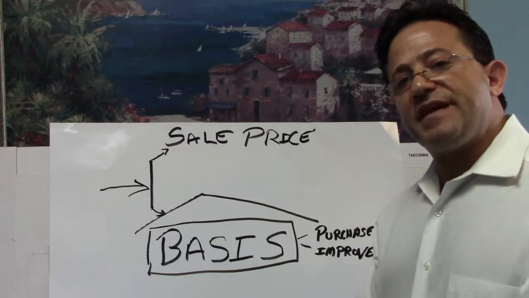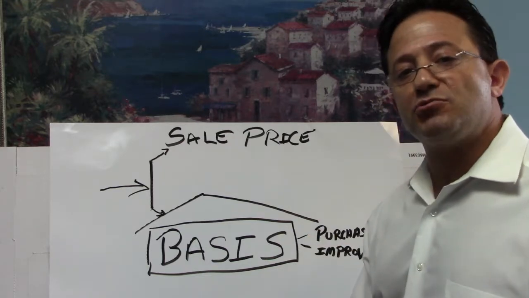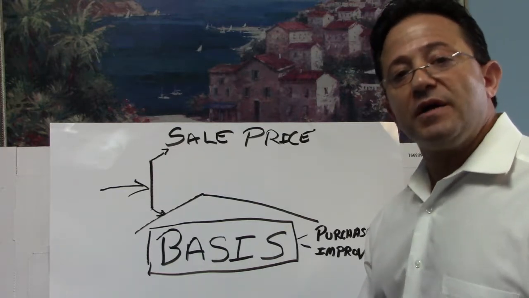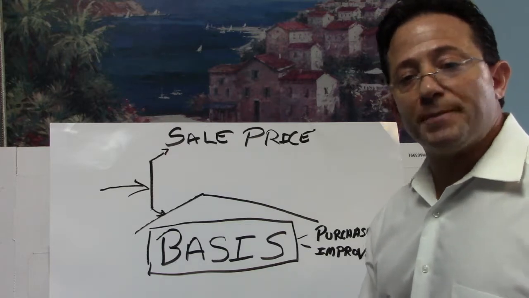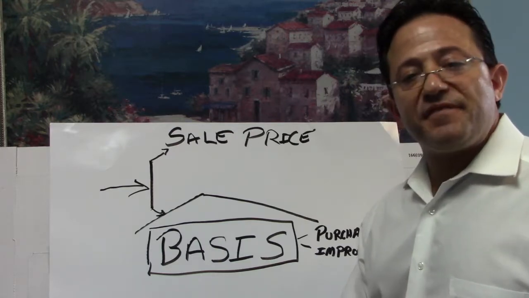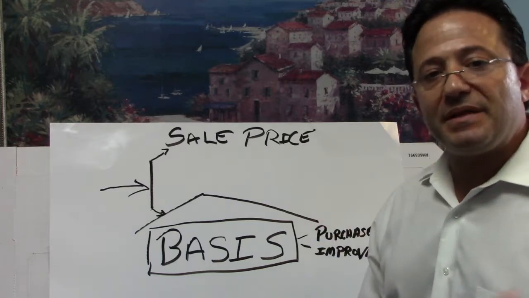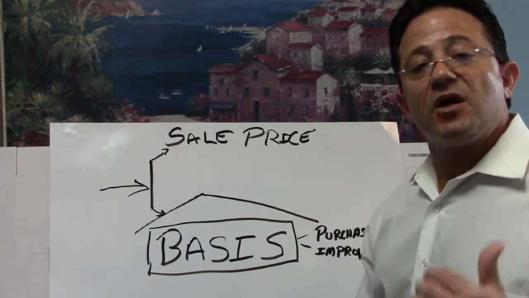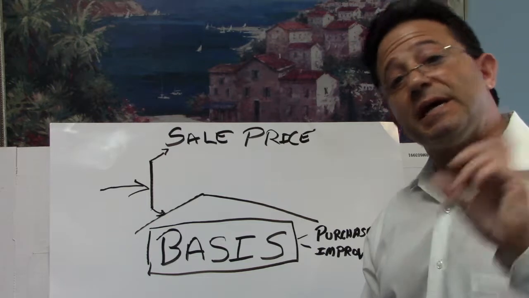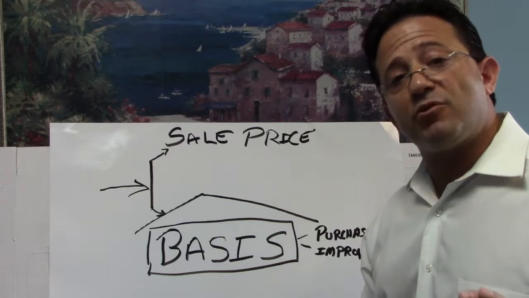Now, what are some of the qualifications that you need to have a $250,000 or $500,000 capital gains exclusion? Folks, this is just in general. There are some other qualifying factors to receive your $250,000 capital gains exclusion. But in general, you need to have lived in the property for 2 of the last 5 years. You can't have rented any of the property. And if you do rent the property, let's say you live in a 2-family, you reside in one of the units, well, the accountant has to take that into consideration. You'll get your exclusion, but it'll only be on half the sale, folks, because it's a 2-family and you rented the other portion. Remember, there is no capital gains exclusion for an investment portion of property.